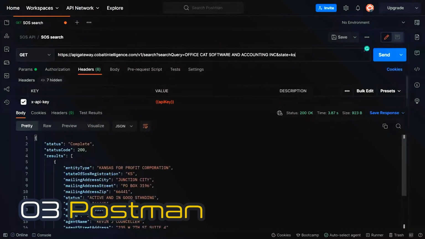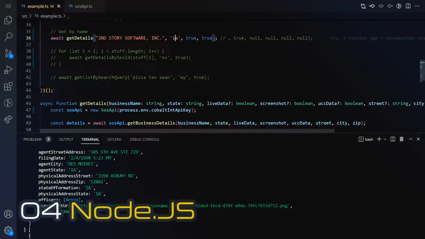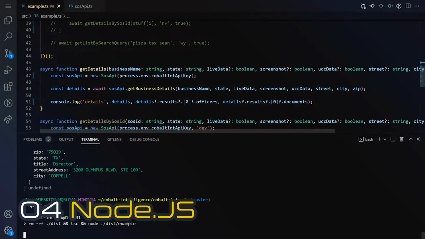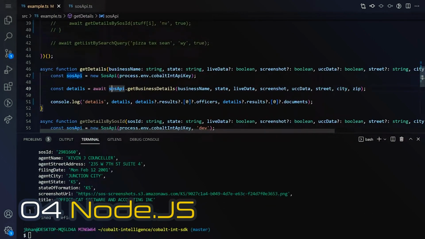And finally, to the JavaScript SDK. Here we go. Now, you can pass other parameters into this API to get more data. And this one, I'll show you how it works. We import the SOS API, we pass in our API key right here. It handles the rest in this SOS API variable. So sosApi.getBusinessDetails, pass in the name of the business, the state, and you can do other parameters